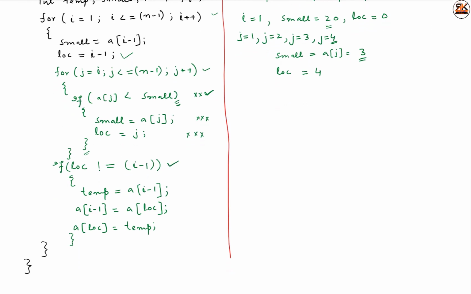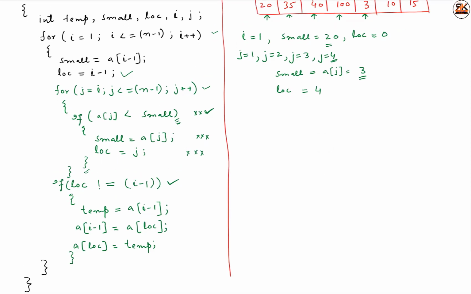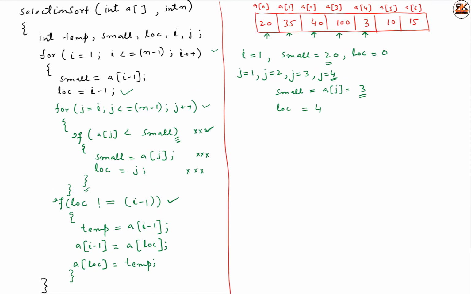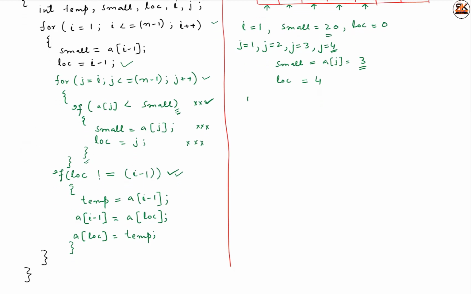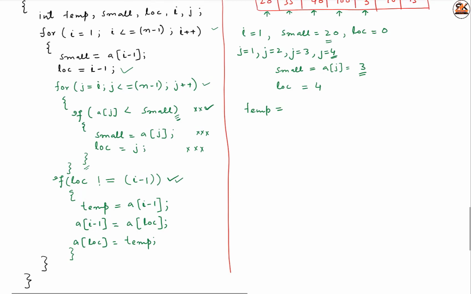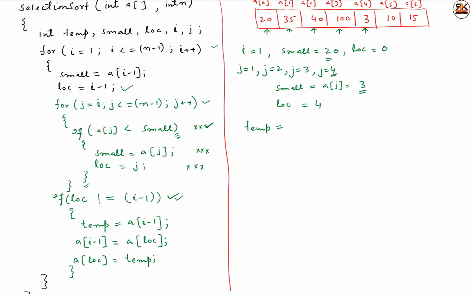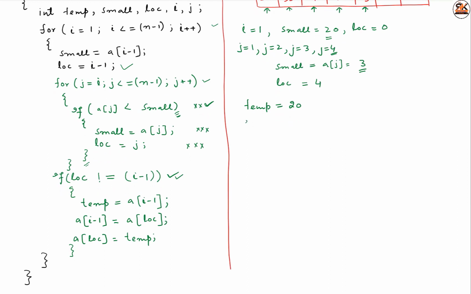check this condition. If location is not equal to i minus 1, okay, location is 4, i is 1, 1 minus 1 is 0. Is location not equal to i minus 1? Yes, this condition is true because 4 is not equal to 0. Then we will have temp equal to a of i minus 1. Okay, a of i minus 1 is 20, that is 1 minus 1 is 0, so temp will have a value 20, and a of i minus 1, that is a of 0, will have a value of a